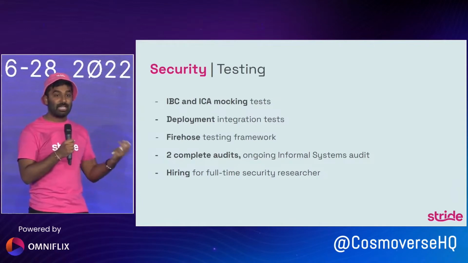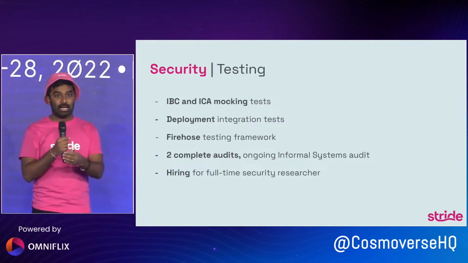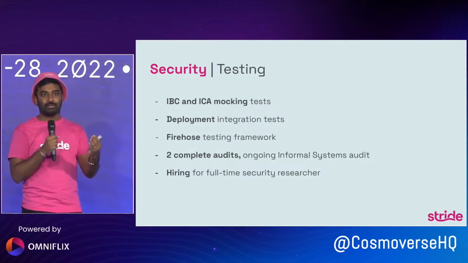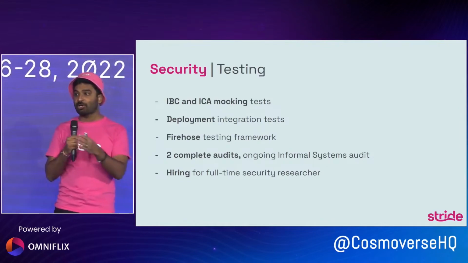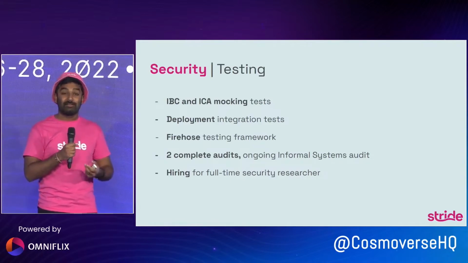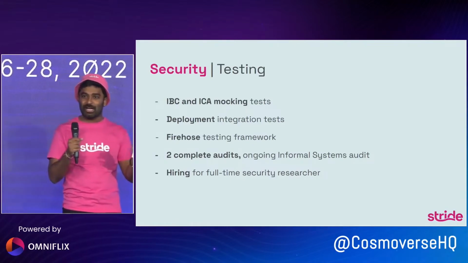So this lets us, for example, as we're trying to deploy to Osmosis, simulate thousands of users on both the Stride and Osmosis chains, and have them all liquid stake, IBC transfer around, redeem, etc., and make sure that everything's functioning exactly like we expect, no money is unaccounted for, etc. So it gives us a lot of confidence in our chain. But our testing doesn't just stop there either.